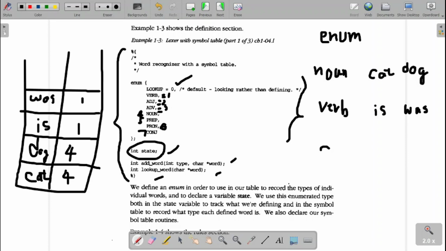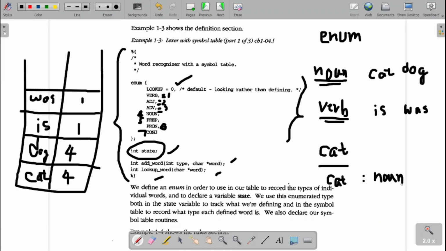So next time when I give cat, note what I have done earlier: when I start my line with these keywords, which are noun, verb, adjective, adverb, preposition, pronoun, and conjunction, then whatever symbols come next to it will be entered into the symbol table. Now when I give cat directly, I should get the output as cat is a noun.